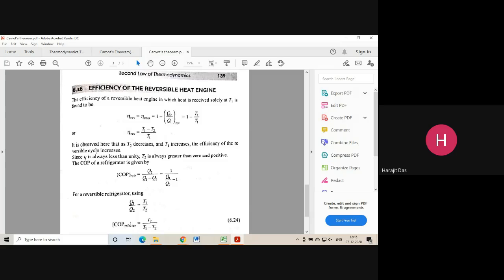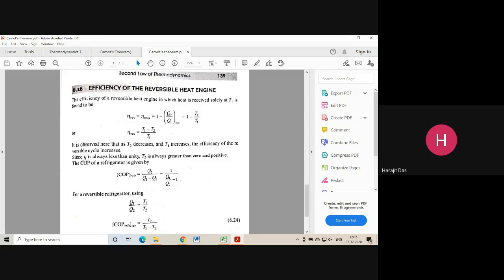So the efficiency of the reversible engine will also increase, understood. Here you can say that if Q2 decreases, then efficiency will increase. Same way, because by the absolute thermodynamic temperature scale, this ratio is valid: Q2 upon Q1 is equal to T2 upon T1. That is why you can say that for a reversible heat engine, the efficiency will be maximum as T2 will be